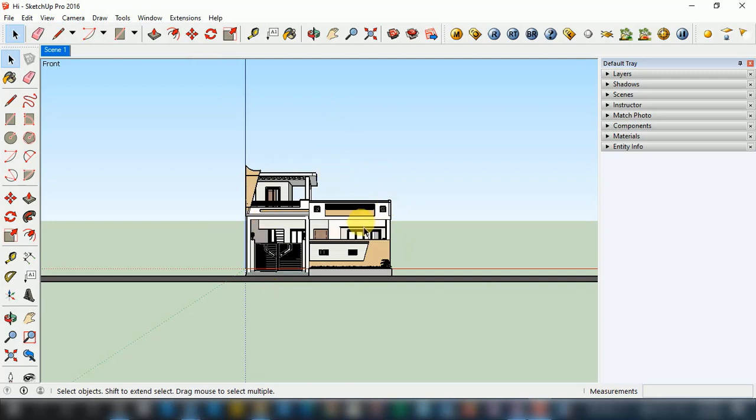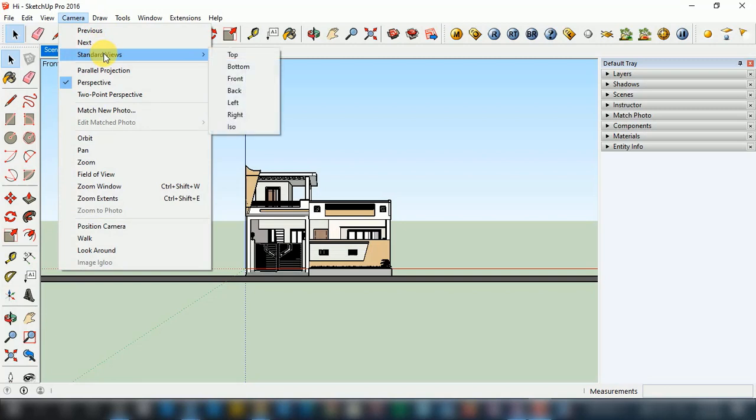If we want to see this 3D model from the top camera angle, we need to click on camera, put our cursor on standard views, so the list opens, and after that click on the top port view option.